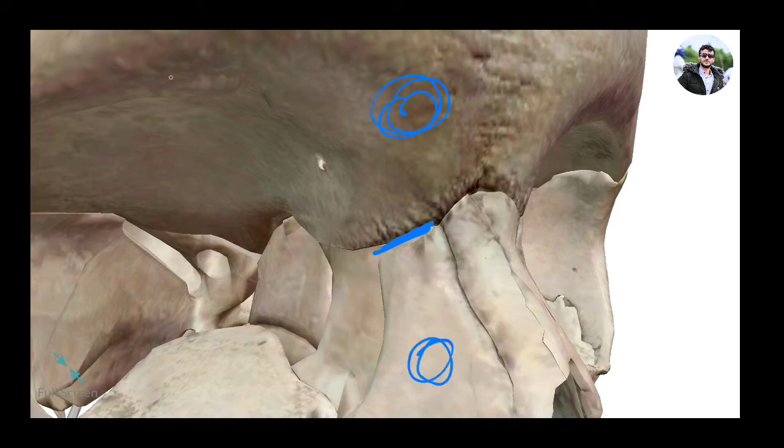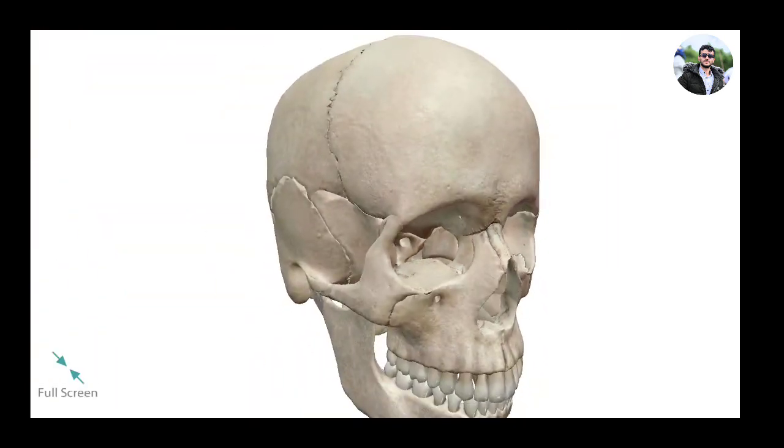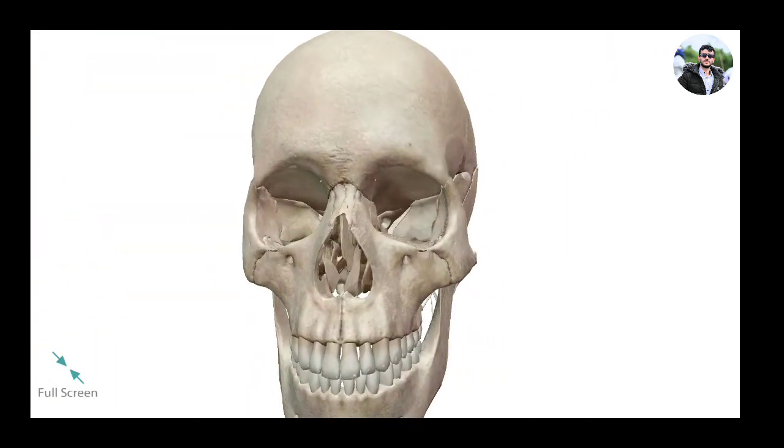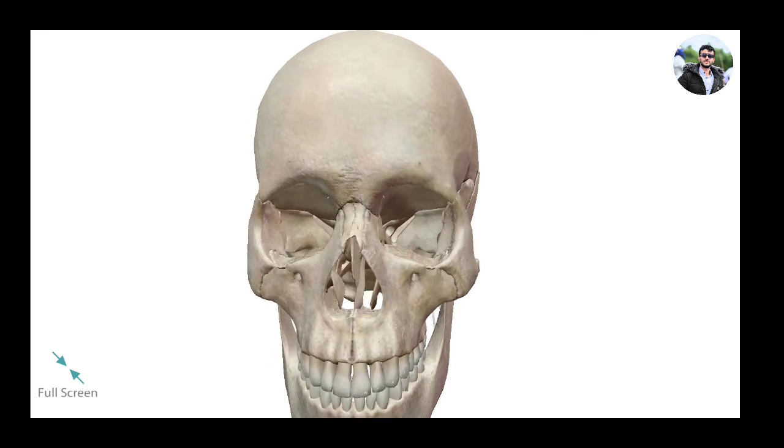So we call it the frontomaxillary suture. And the last suture here is between the two bones of the maxilla. This suture is called the intermaxillary suture, which connects the two maxillary bones with each other to form the upper jaw